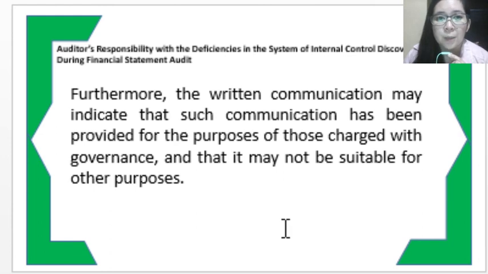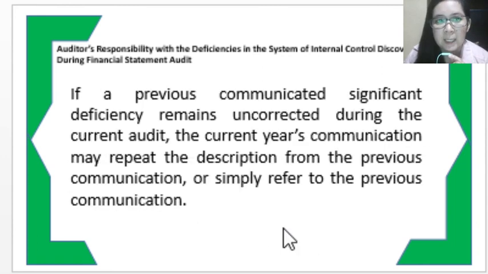Furthermore, this written communication may indicate that it has been provided for the purpose of those charged with governance and that it may not be suitable for other purposes. Okay, for informing them of those deficiencies so that they will act upon them. The purpose of this is to detect, correct, and prevent misstatements, especially in the preparation of FS. So if a previously communicated significant deficiency still remains uncorrected during the current audit,